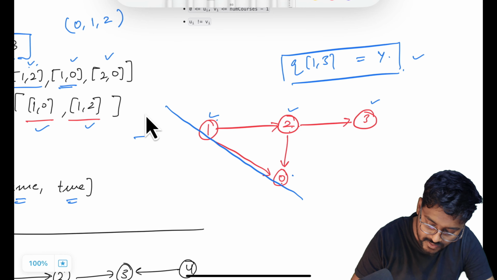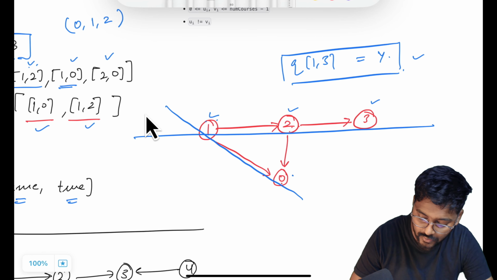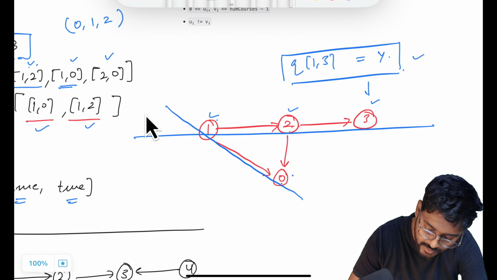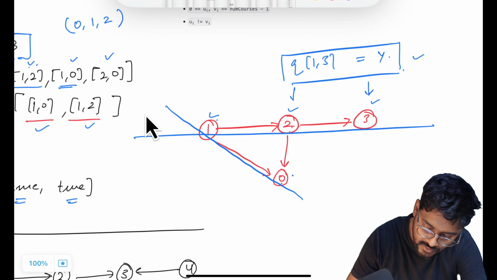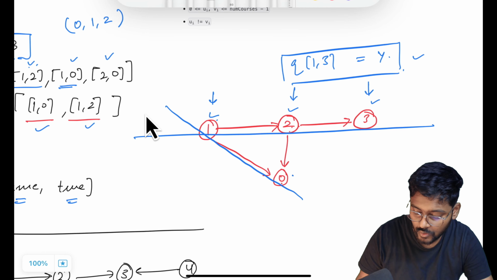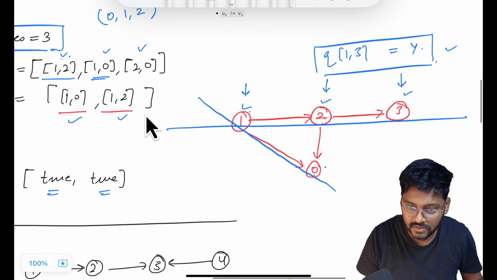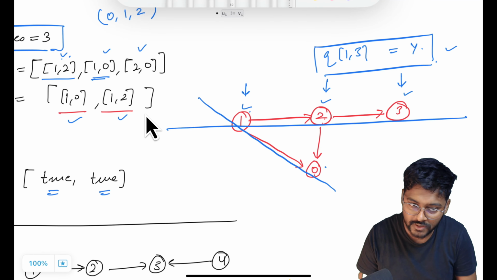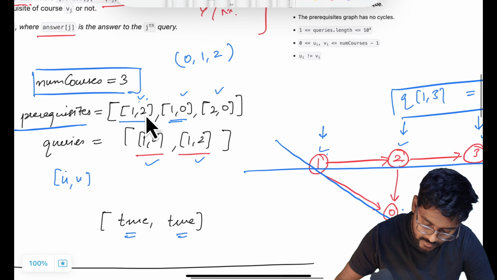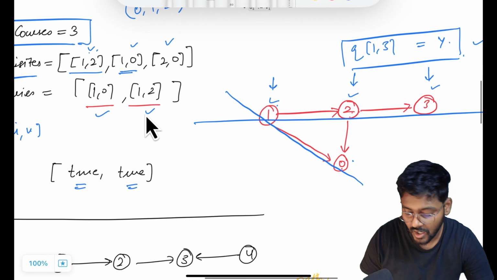And why is the answer yes? Because there is a path from the prerequisite entry to the node. For every node, from 3, the prerequisite is 2, for 2 the prerequisite is 1. So on this path I'm maintaining it in such a way that I'm firstly taking the prerequisite entry and then all the dependent entries. So this is my complete problem statement, and now let me tell you how you can approach this